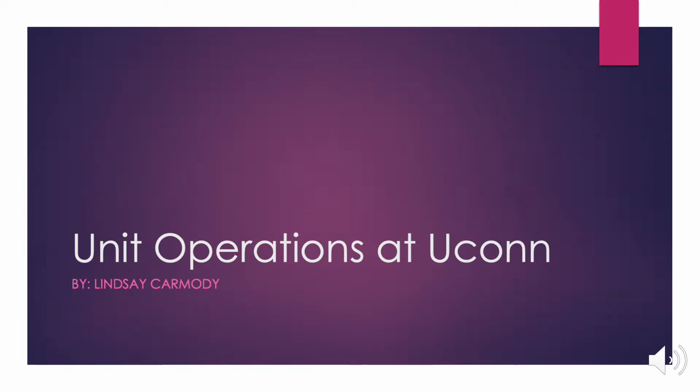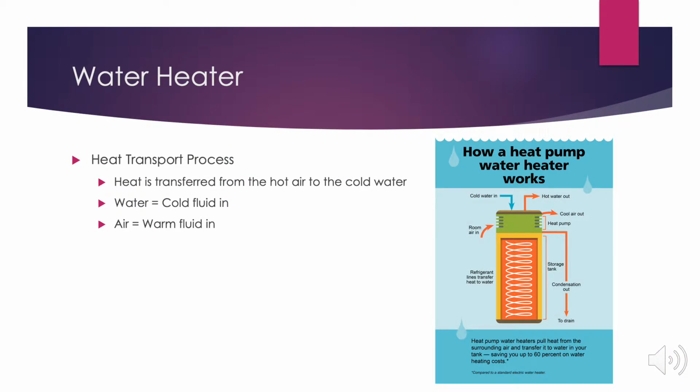So this is unit operations on the UConn campus. And a unit process is a step in a chemical operation, so they can be seen pretty much anywhere where a chemical process is taking place. So my first example is a water heater. These can be found in any of the academic buildings, any of the dorm buildings, the library, pretty much anywhere